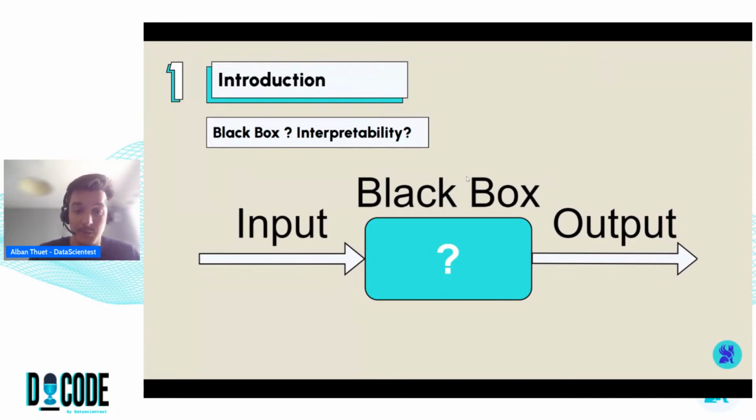The main principle to understand about interpretability is that you will have to look at both the inputs and the outputs to understand what's going on inside the black box. Most of the time you won't look directly inside the black box because it's too hard and takes too much time. It's easier just to look at the relation between the input and the